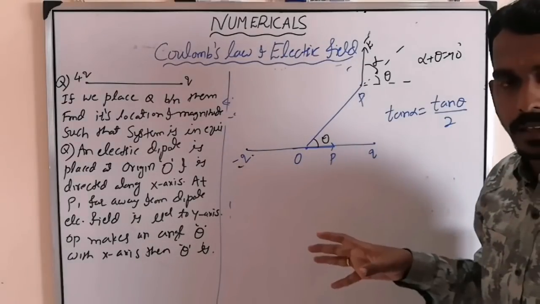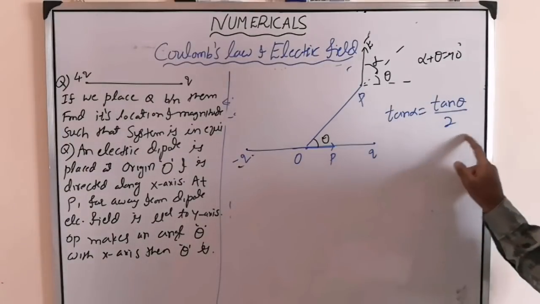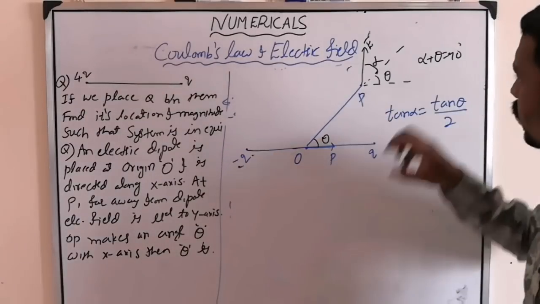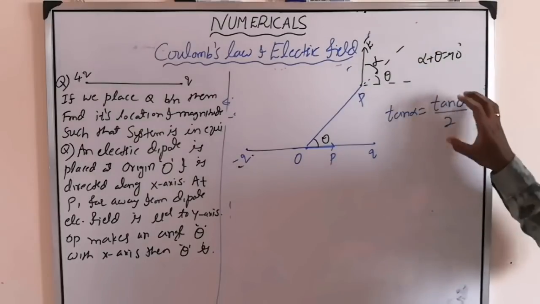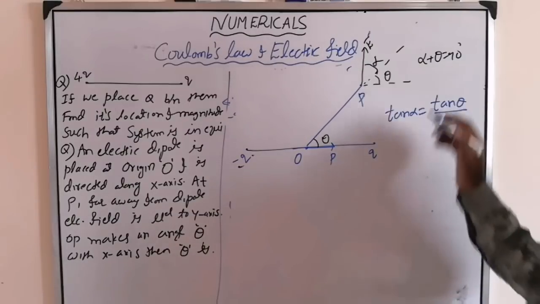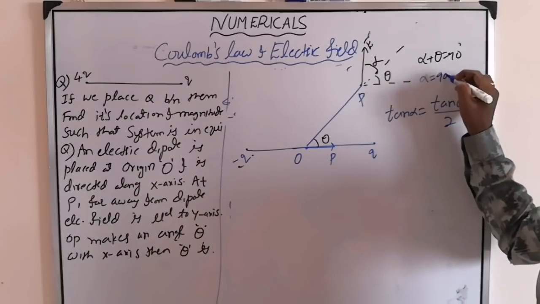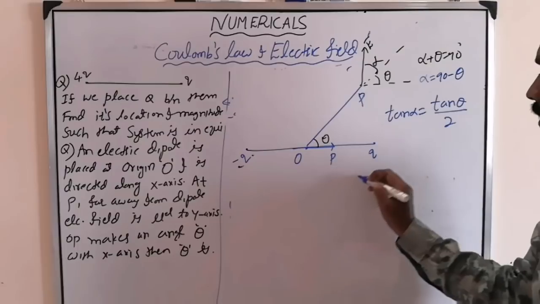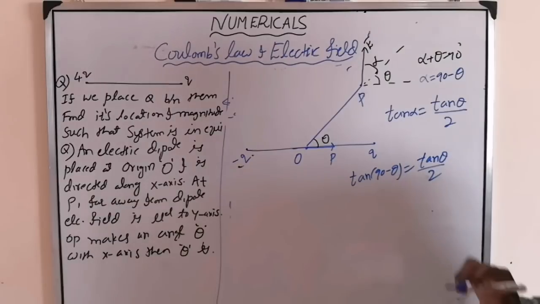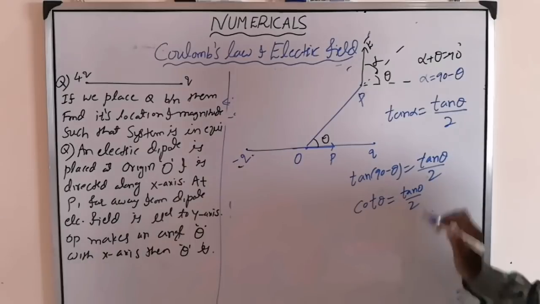You don't have to do everything that I have done. That is all we have done already. If you remember the formula, then immediately you will take this. And I told you, after understanding, draw the diagram. Then you will come to know this condition. And this is the formula you have already studied. Then if you substitute here, we want theta, so substitute for alpha. Alpha becomes 90 minus theta. Substitute: tan of 90 minus theta equals tan theta by 2. Tan of 90 minus theta is cot theta, equal to tan theta by 2.